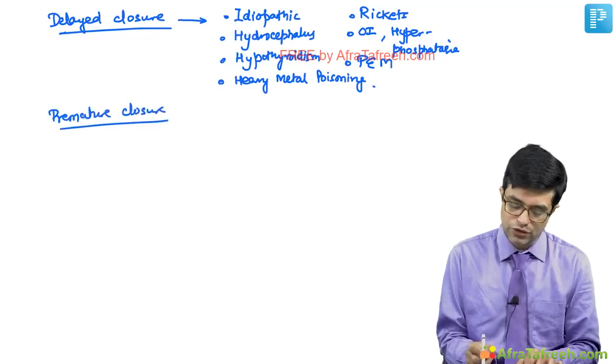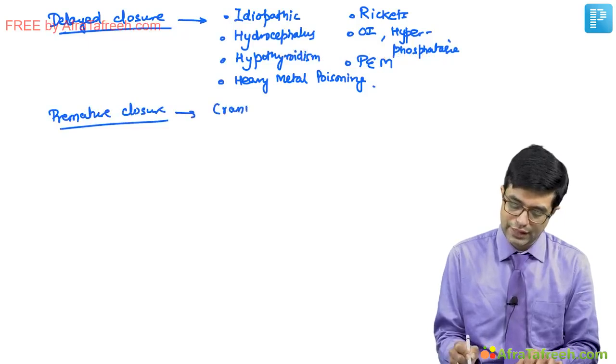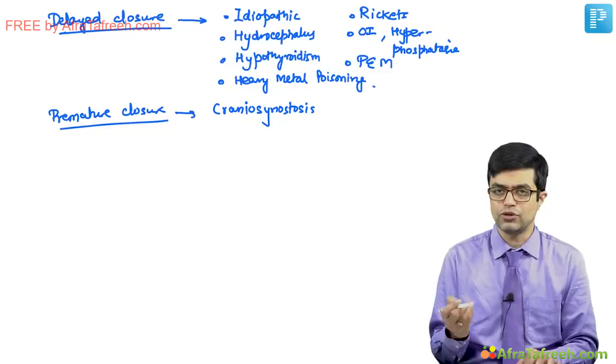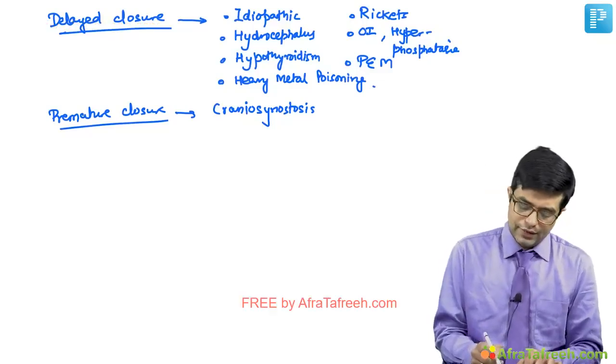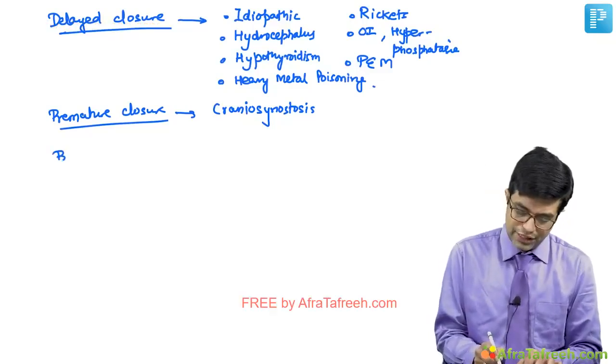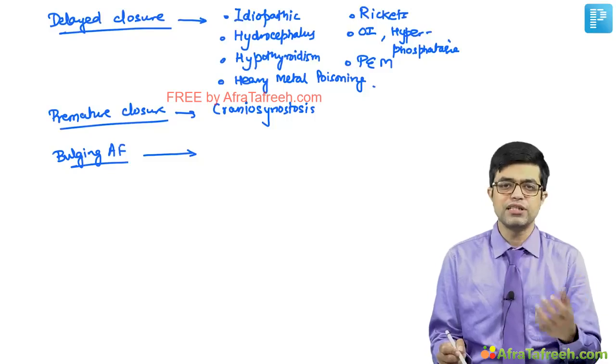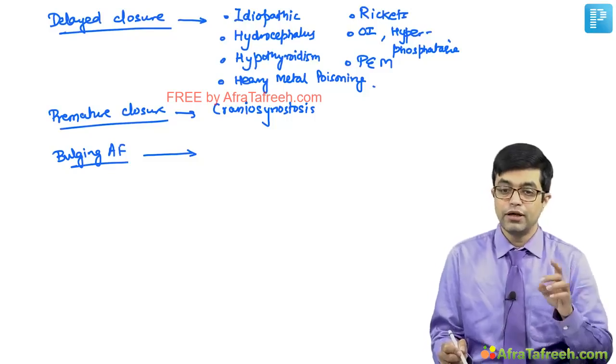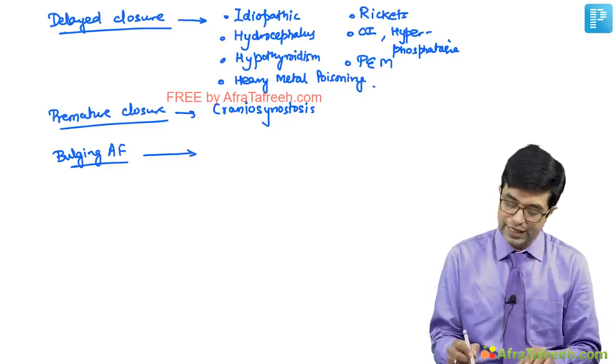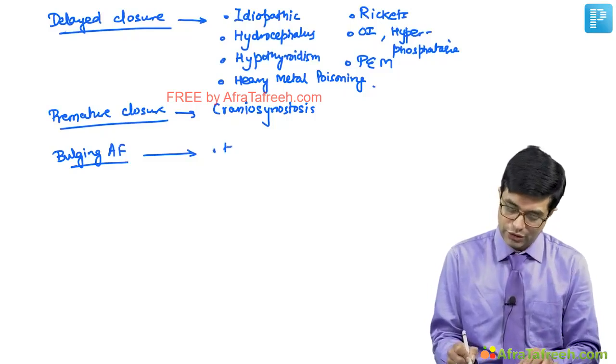Premature closure is produced by a group of conditions called craniosynostosis. We'll discuss this topic separately. Then you have causes of bulging anterior fontanelle. Anything which raises the intracranial pressure will cause it to bulge. Transient bulging can be seen in crying, but that is normal. Persistent bulging can be seen in conditions like hydrocephalus,